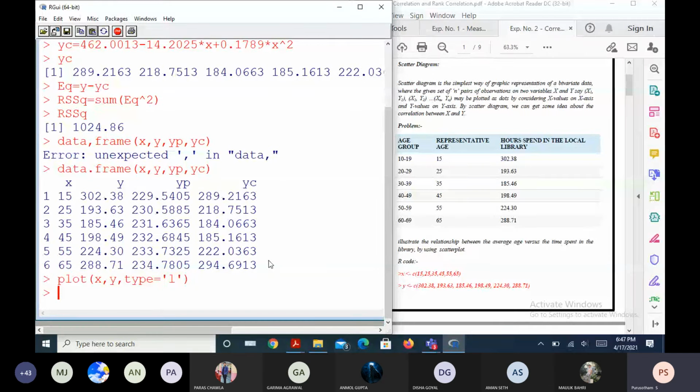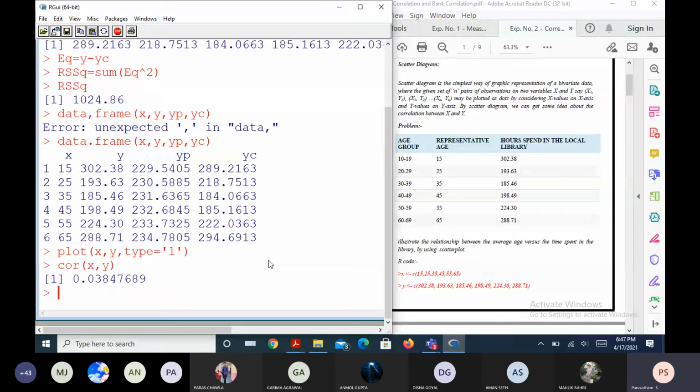Then if I want to find the coefficient of correlation, there is only one simple syntax. COR of x comma y will give us directly the coefficient of correlation. What is the value of the coefficient of correlation now? So it's 0.038, right?